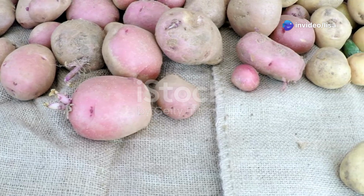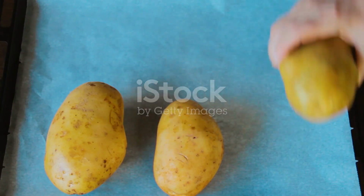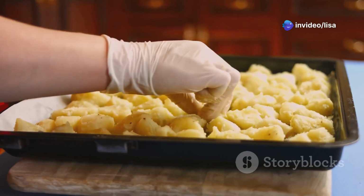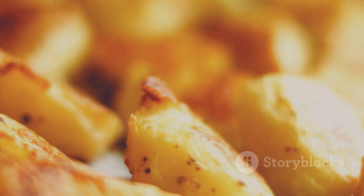Chapter 4. Potatoes, starchy and sweet don't mix. Potatoes, those humble tubers, are the backbone of countless dishes, but treat them right, or they'll turn on you. Refrigerating potatoes might seem like a good idea, but it's a recipe for disaster. The cold temperature turns their starch into sugar faster, which means you'll end up with potatoes that are gritty and